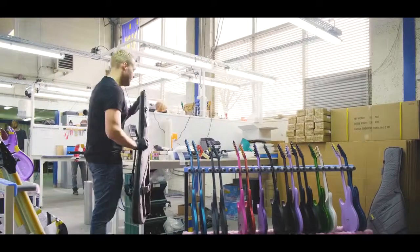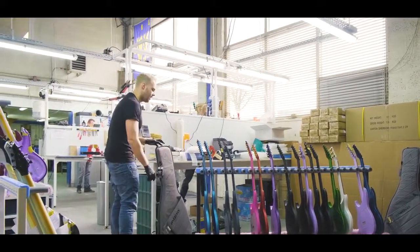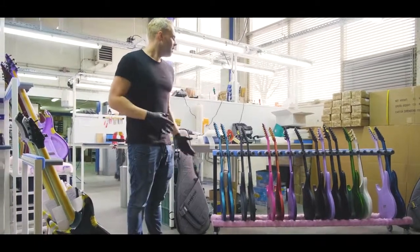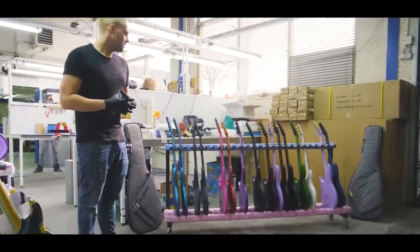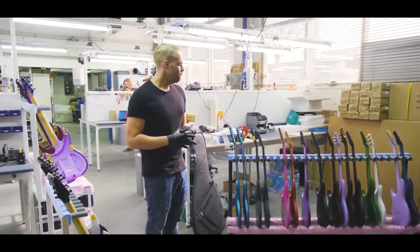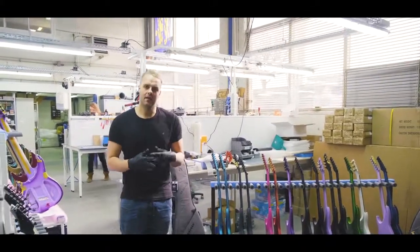For the mono bags, and over here you can see a rack, which is usually back in the safe, but now we put it out here for the camera. A rack filled with guitars that are going to ship out in the next week or so. So I think that's basically the entire